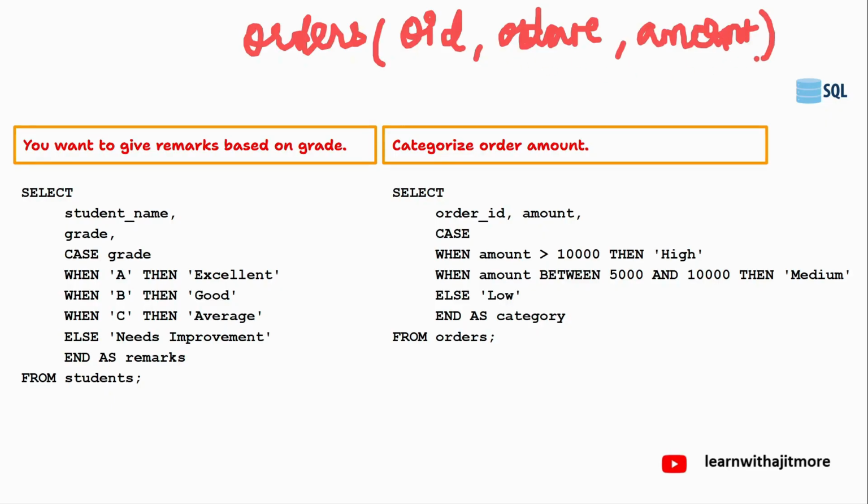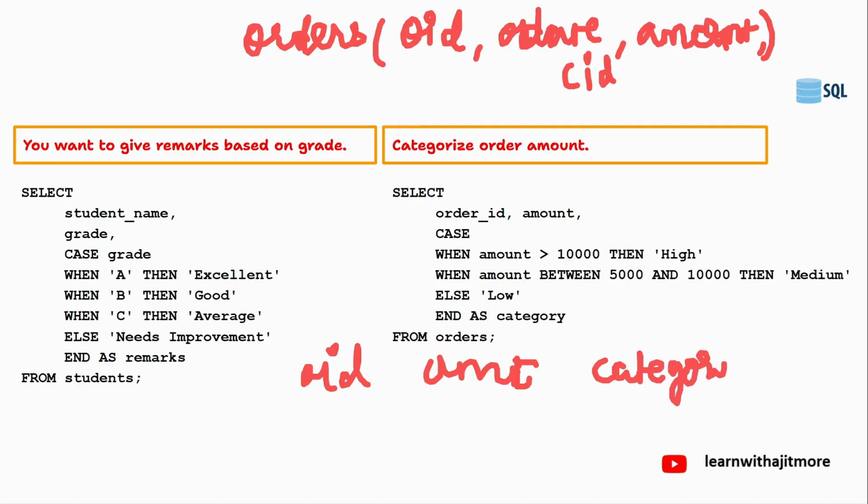These are some columns, even the customer ID may be there, the customer ID of the customer who has placed that order. So these are some columns in your orders table. Now I want to produce output like this. First, what should come? Order ID, then the amount, and then the third column called category,